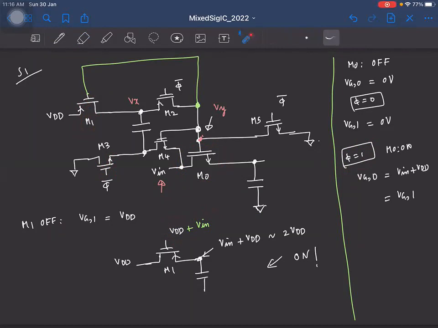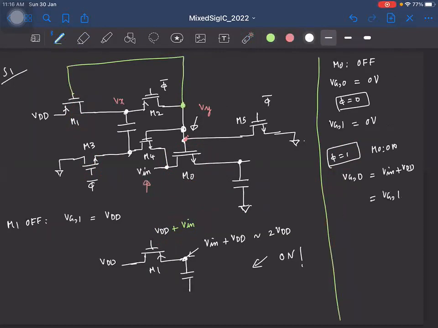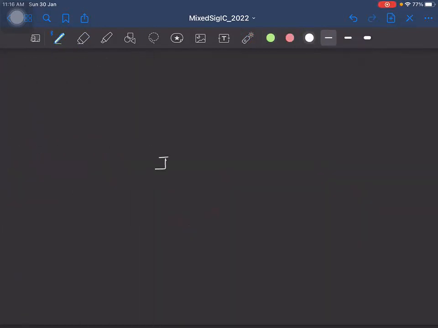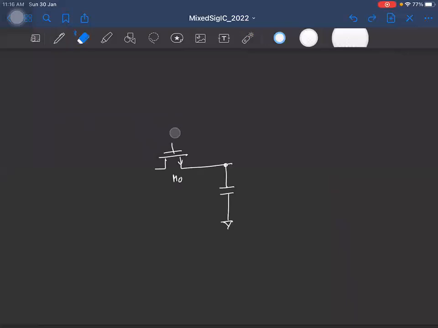So this way, the gate of M1 will be connected to the required voltage to turn it on or off. Right? So the final schematic is going to look something like this. So this is the main switch and the sampling capacitor. This is M0. The gate of this switch is pulled to 0 when phi is low,